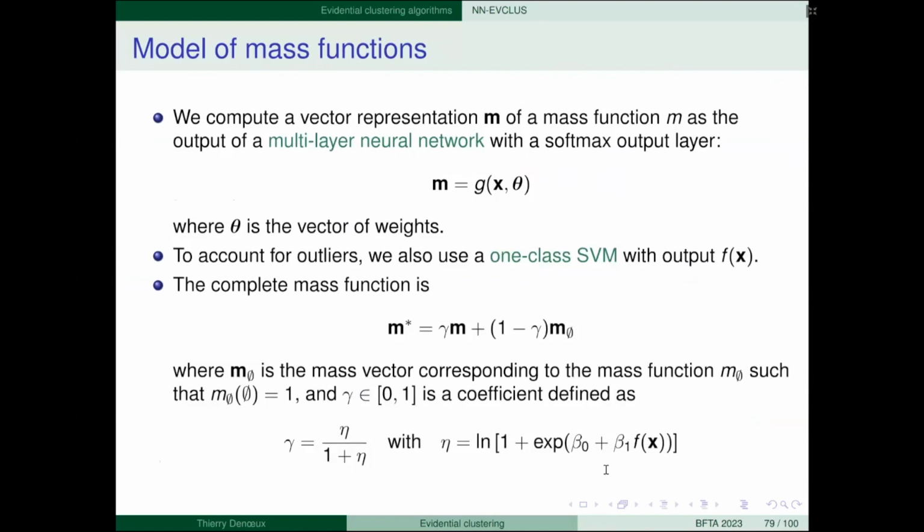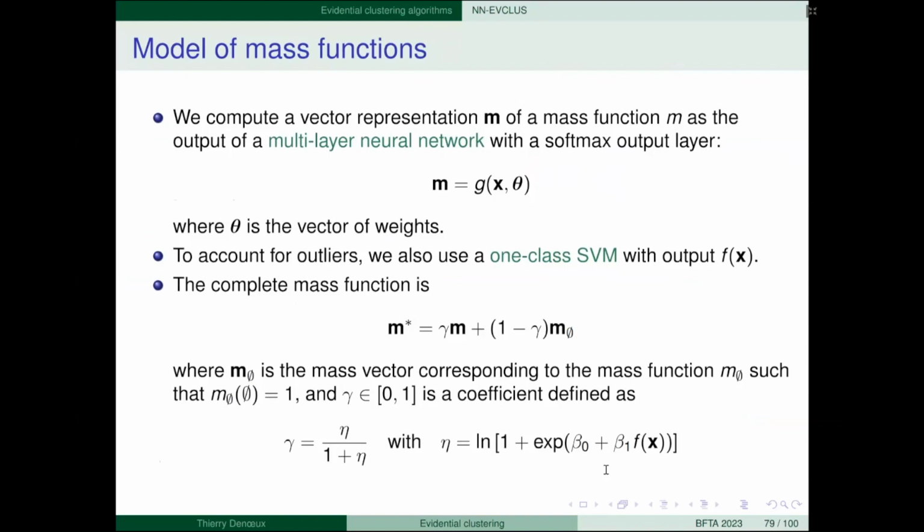So we define a neural network, where we have an input layer. Here the input is vector x. Then you have a number of hidden layers. And here you have the output layer. The output layer is a vector of masses, a mass function.